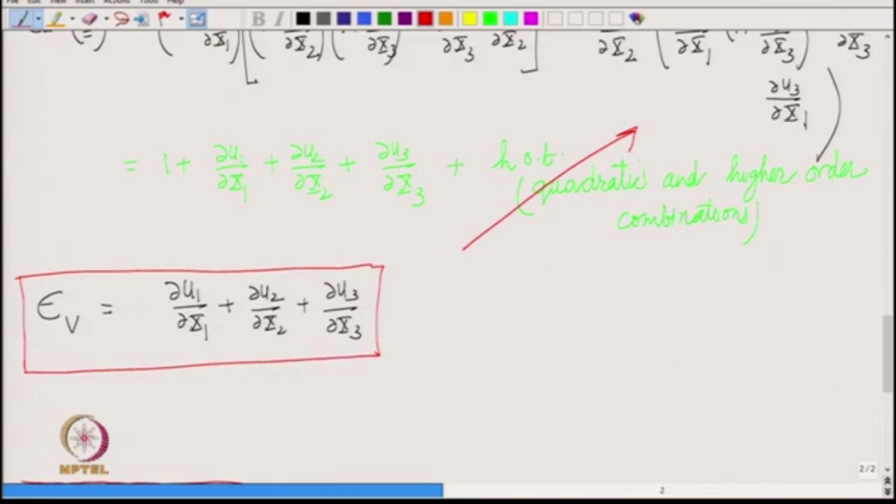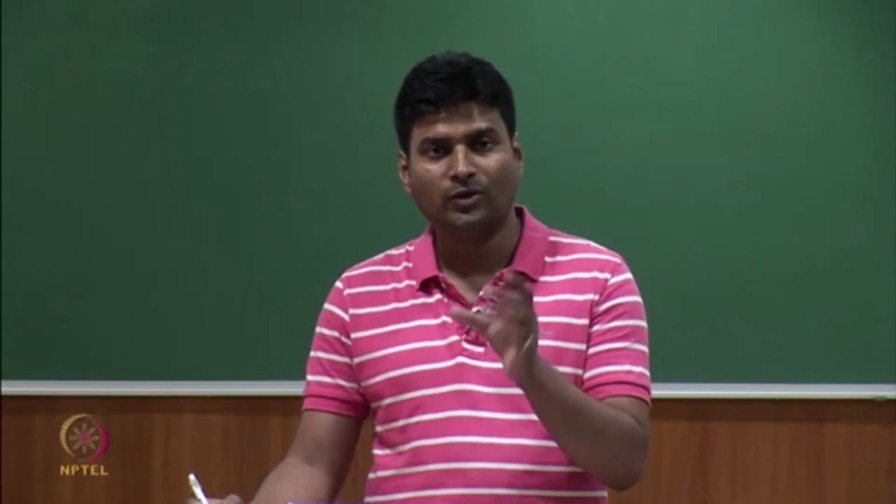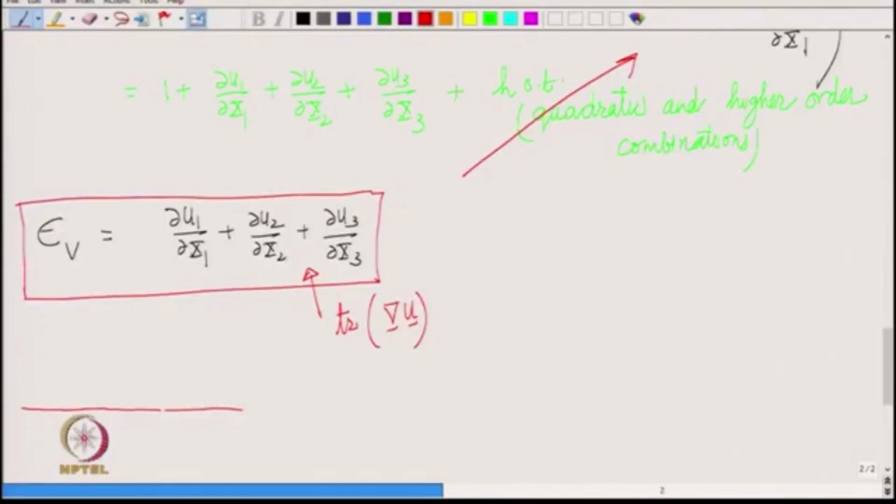All right. And you can notice that the right hand side is actually also equal to the trace of the displacement gradient tensor. What is trace? So, trace is the sum of the diagonals, is not it? You remember the first invariant of the stress matrix, we were doing the sum of the diagonals. So, here we have the displacement gradient tensor and its matrix form. When you sum the diagonals, that is what you have here. So, it is the trace of the displacement gradient. So, volumetric strain is the trace of the displacement gradient,